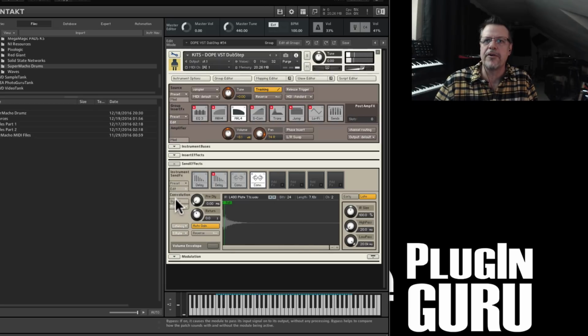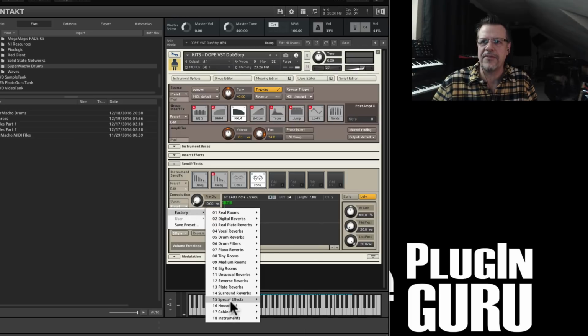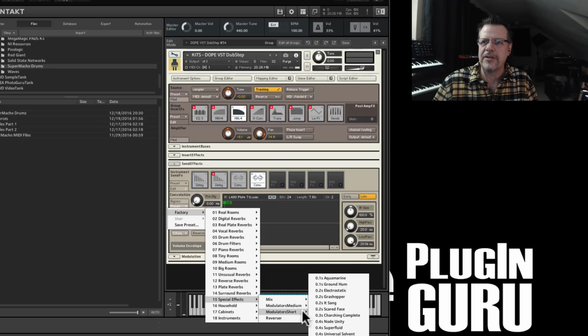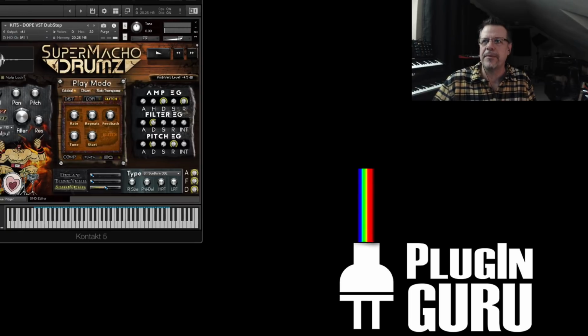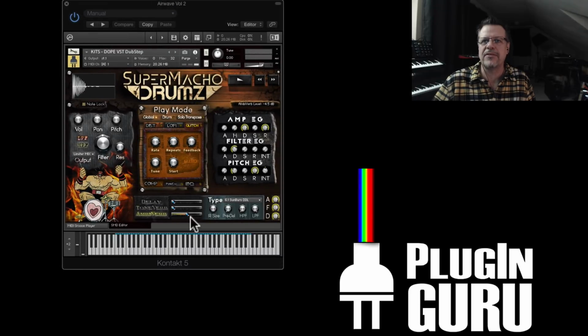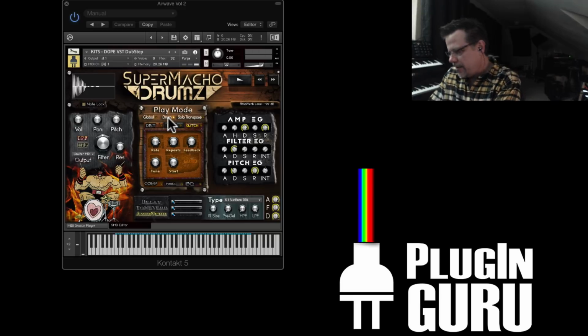So you have all of these reverbs by going to the preset right here. Yeah. And there's all sorts of cool, weird stuff, special effects, household. If you say modulation, reversers, or stuff like that, these are like... and you'll find certain sounds work really well with these types of sounds. That's why it's cool to be able to go back to drum. Let's do this. Let's say off, and then go to drum, and